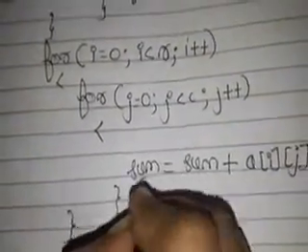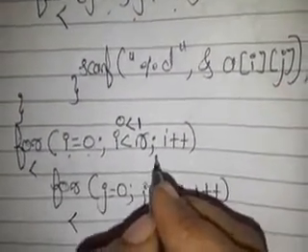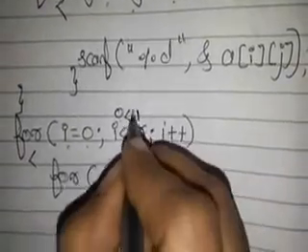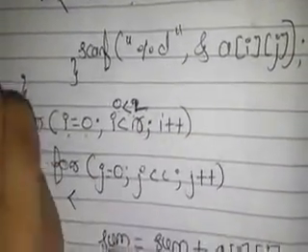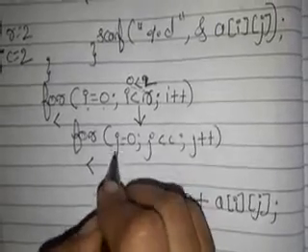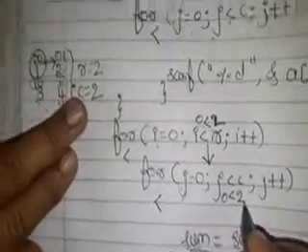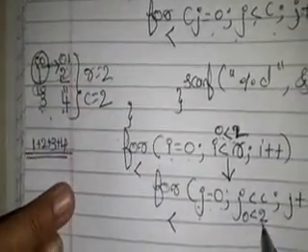So let me trace this particular thing now. Successfully I have got a sum here. Let me trace how exactly it works. Okay, i is equal to 0, 0 less than... I am extremely sorry, the number of rows is 2. With respect to this example, r is equal to 2 and c is equal to 2. 0 is less than 2, true or false? As it is true, it will come inside. The next statement is j is equal to 0, 0 less than 2, again the order of the column is 2. So both are true, it will come inside.